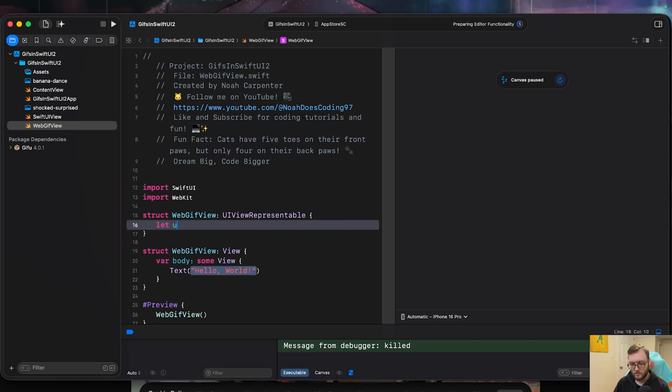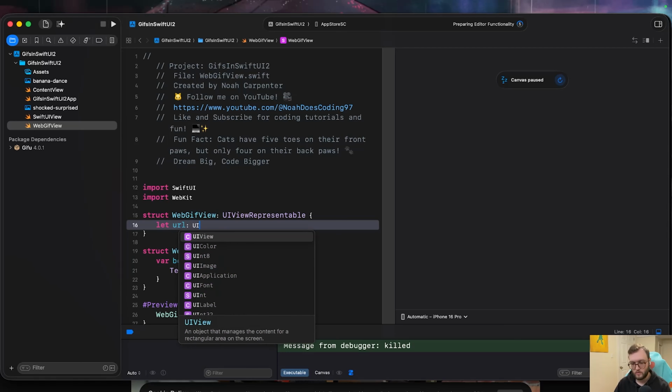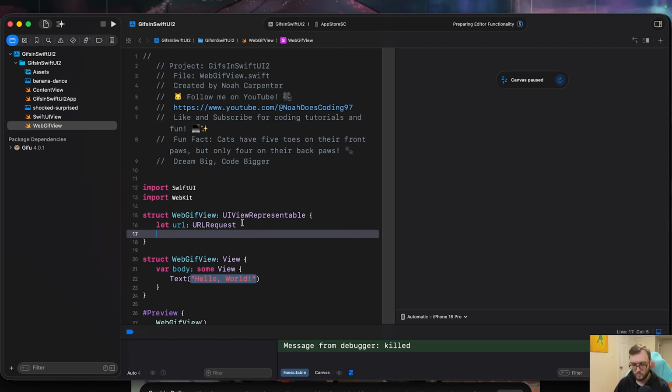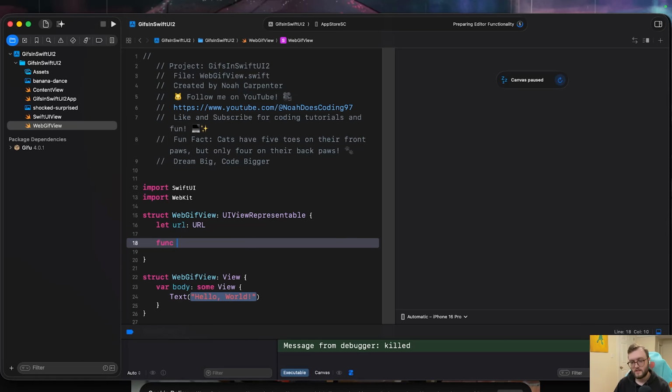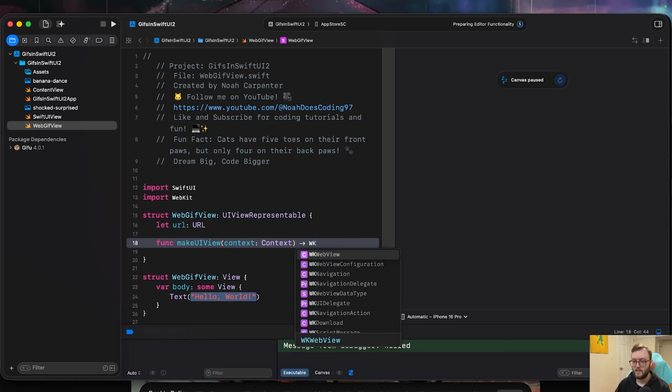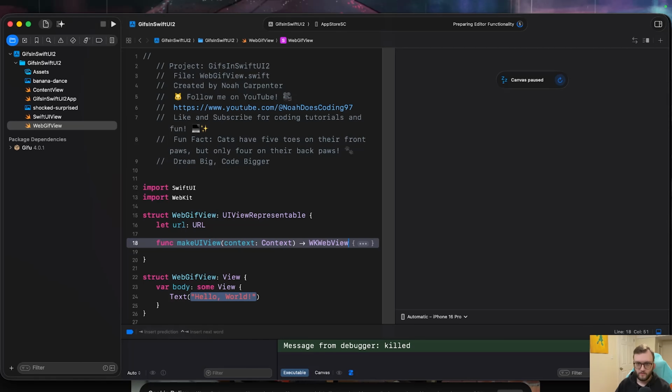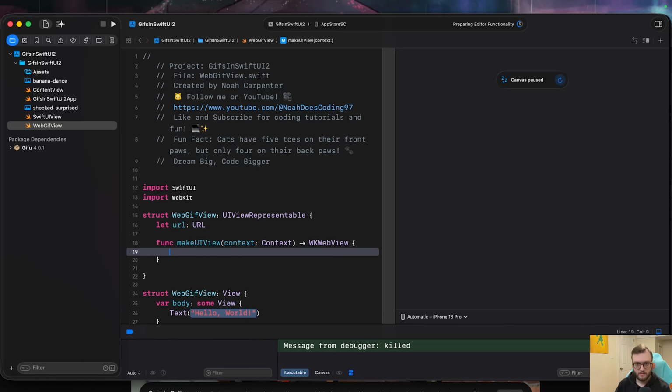We're going to establish our URL, which is going to conform to URL, all caps. Oh, not URL request. It entered too many times. All right, function makeUIView. I wonder if we're going to have context and then pass through the context again. We are. That's crazy. What are we going to be returning? Well, this time it's going to be a WKWebView. We're going to add our brace. So let's establish our web view, and this is going to equal the